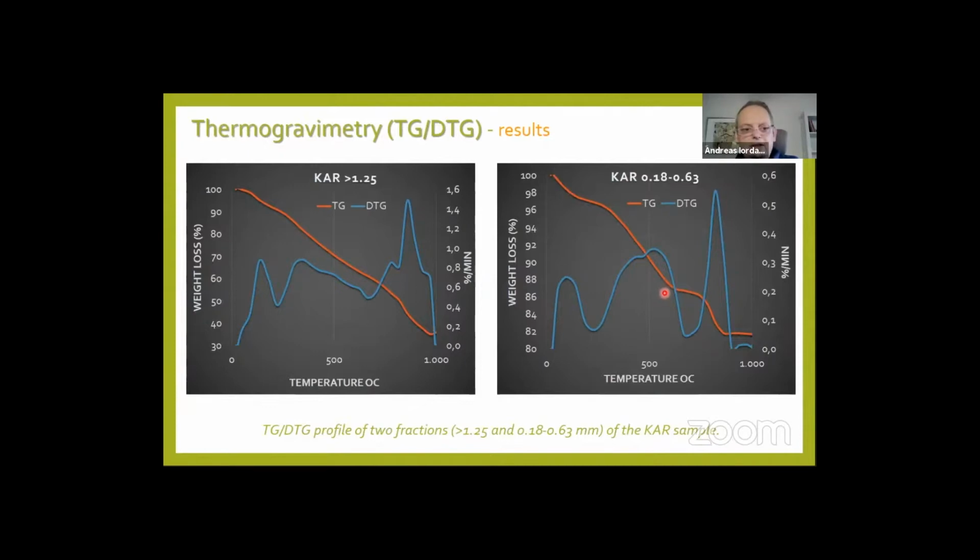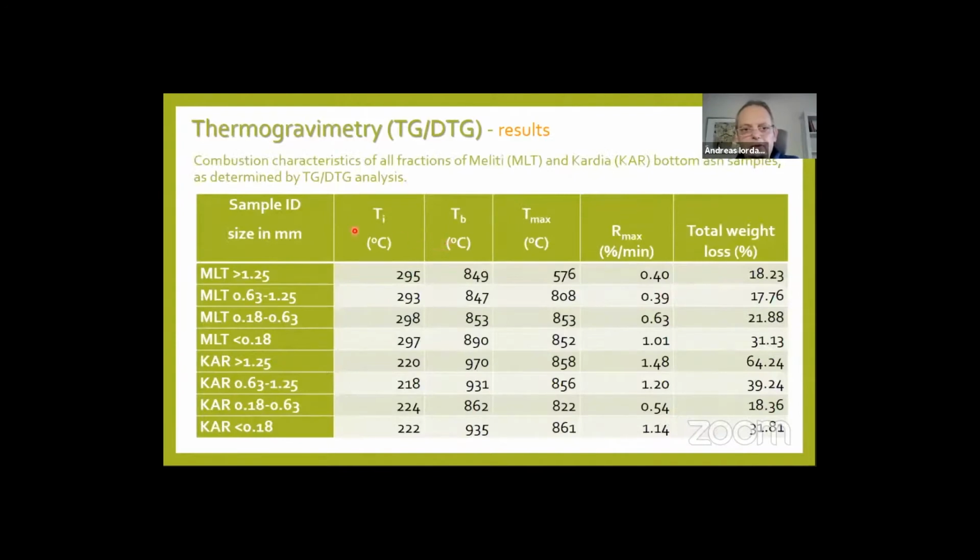We summarize this in the table we created based on these TG and DTG curves. In this first column we have the samples, 4 fractions of the Meliti samples and 4 fractions of the Kardia samples. And here you can see the thermal parameters: the ignition temperature, the burnout temperature, where the combustion starts and where it finishes, the temperature at which we have the maximum rate of weight loss, the maximum rate of weight loss itself in this column, and in the last column the total weight loss. All these results are based on these curves. We took them from the thermogravimetry